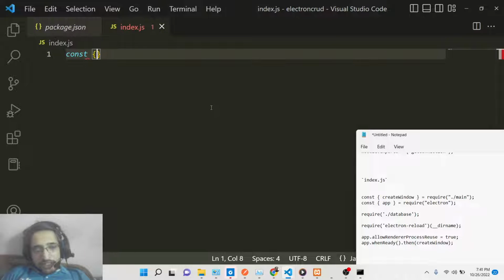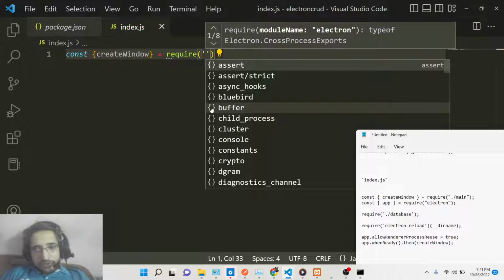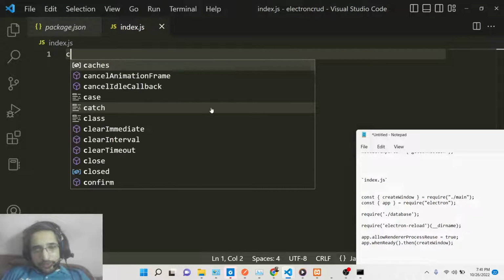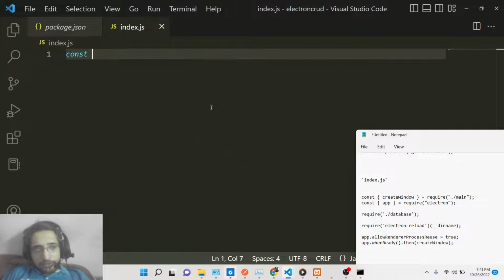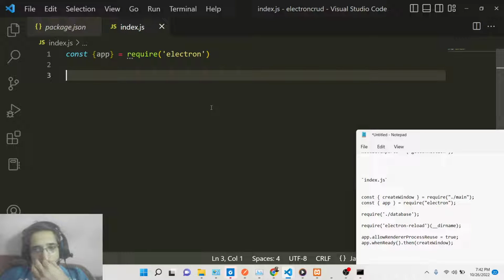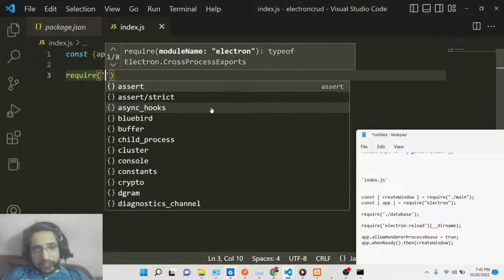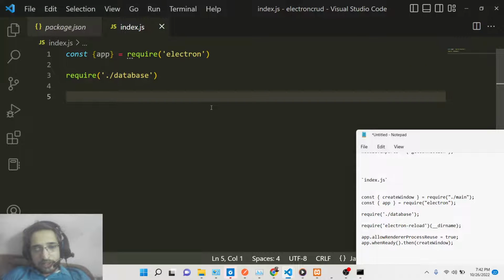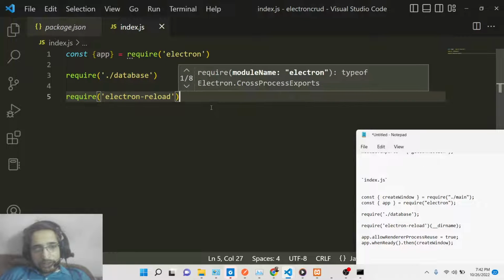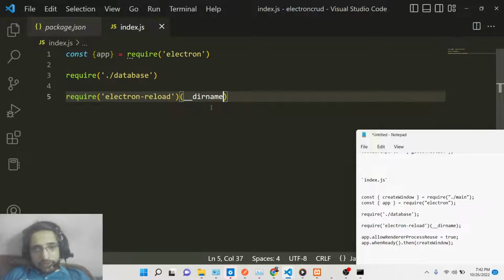And now we just need to create a sample window inside our Electron application. For this we need to require this main file that we will create later on. But before that, in order to create a sample window, we can simply extract the app module from the base library of Electron. And then we will require this database file, guys, that we have created right here early on. Also we need to require this Electron reload dependency we have installed, and then we will say the actual root